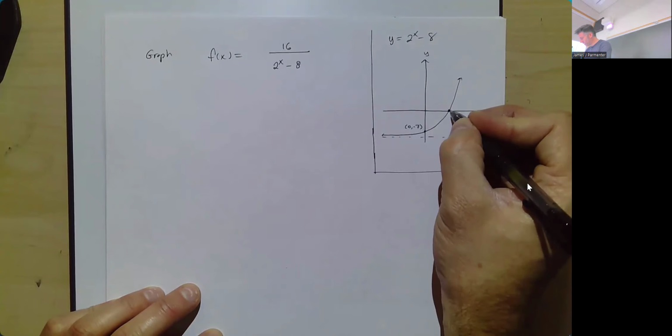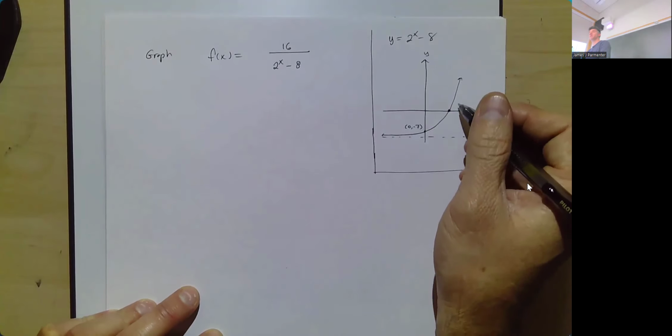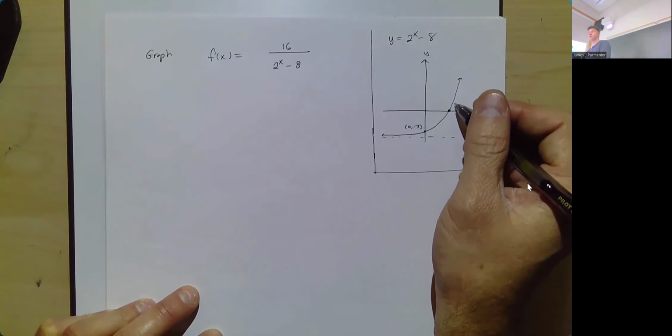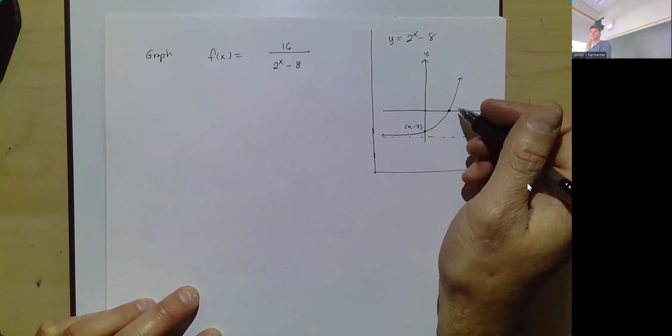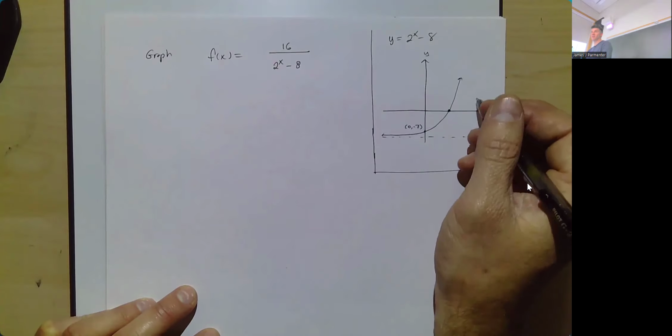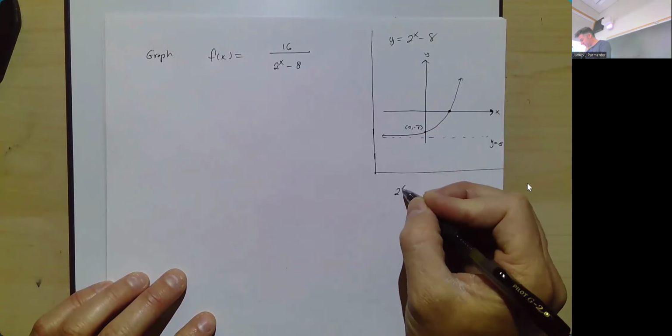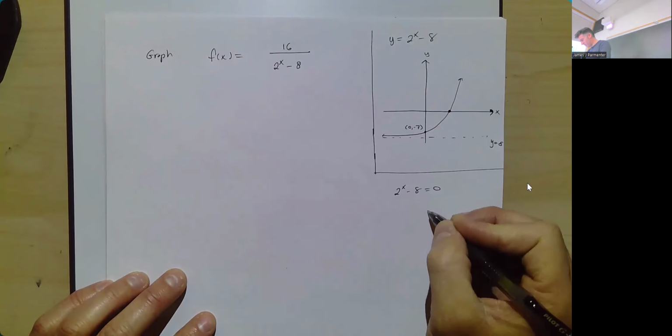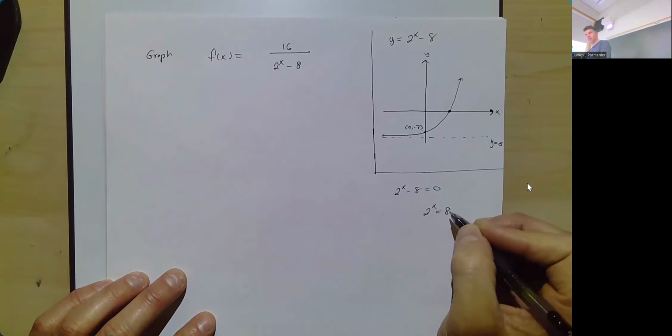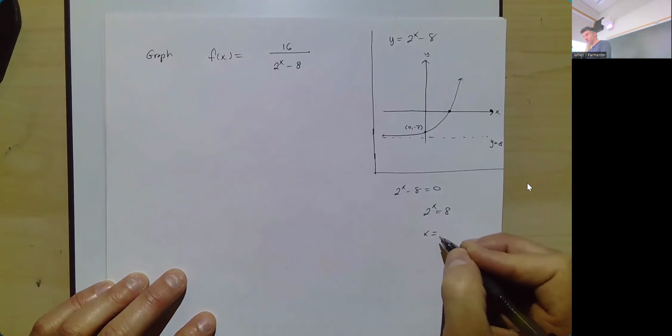And it's got an x-intercept of how many? Show me on your fingers. What's the x-intercept? It is a whole integer number, so not half a finger. If I set 2 to the x minus 8 equal to 0, or 2 to the x equal to 8, I better be getting x equal to